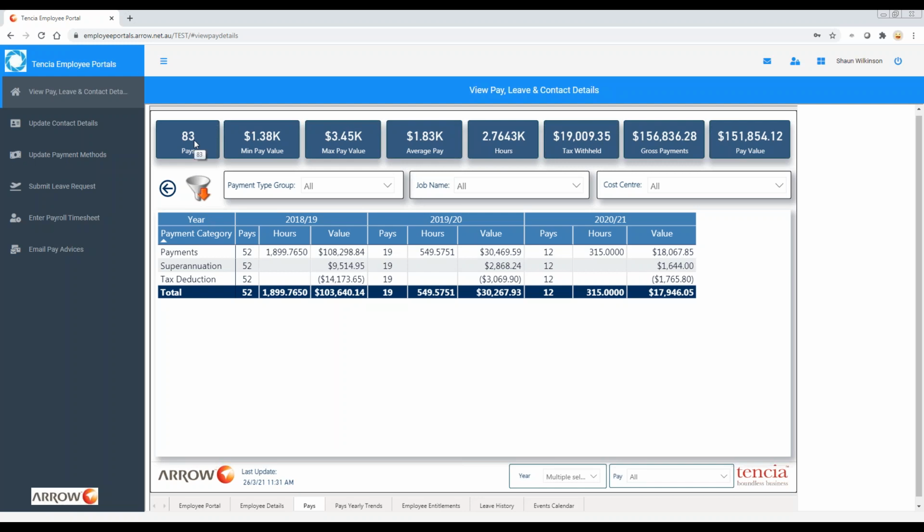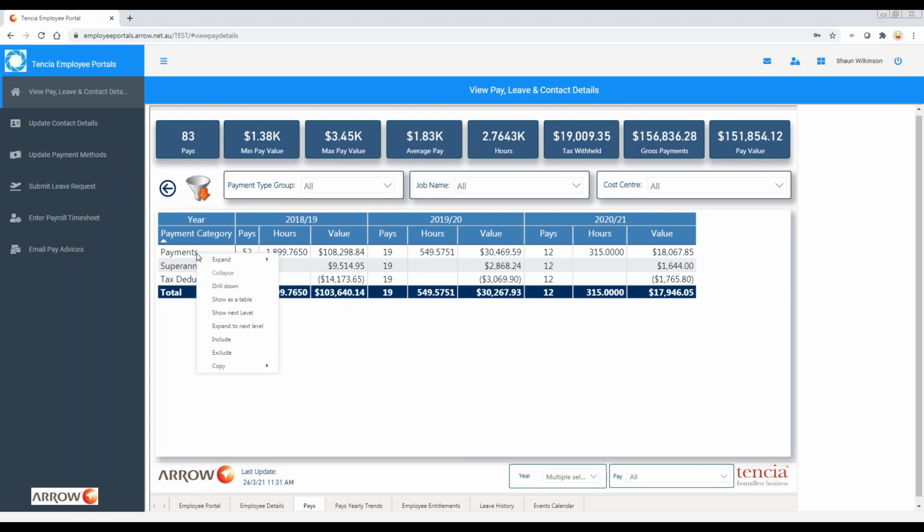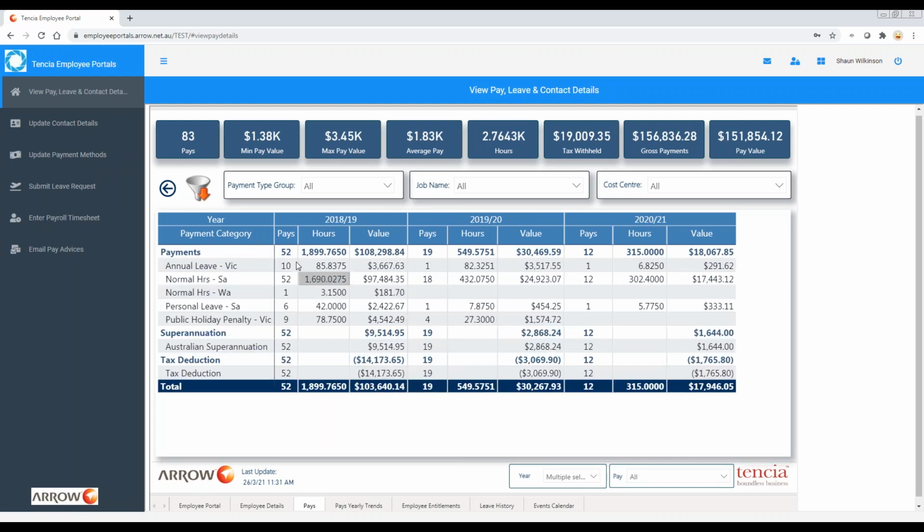We see a summary of what I've been paid over the last 3 years in total, 83 pays, average and minimum maximums, how many hours I've worked, gross values, all those sorts of things along the top, with filters for payment type groups, job names, cost centres. You can then also just drill down. So that while it says payments, of course, we can expand the entire level that we're sitting on,